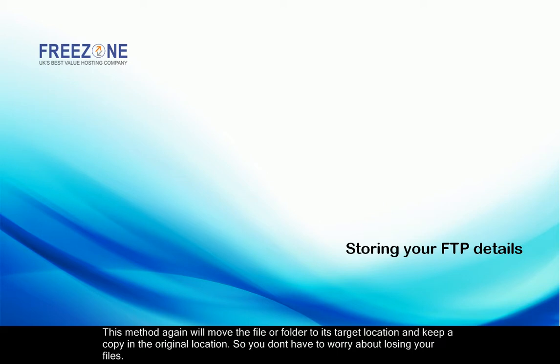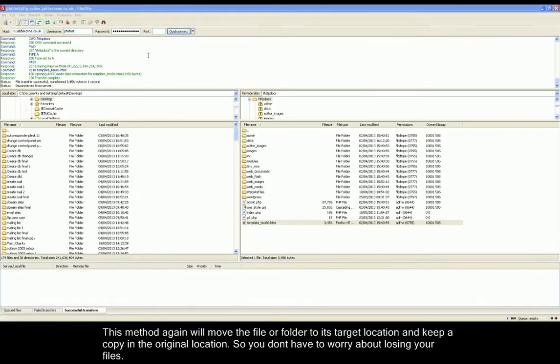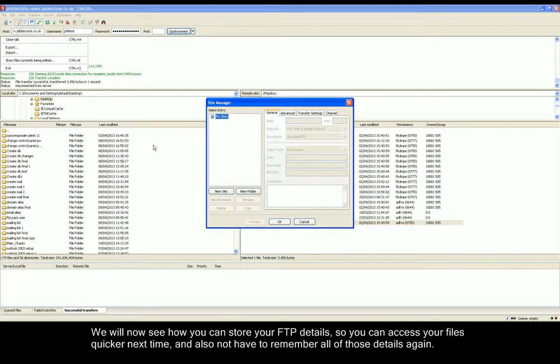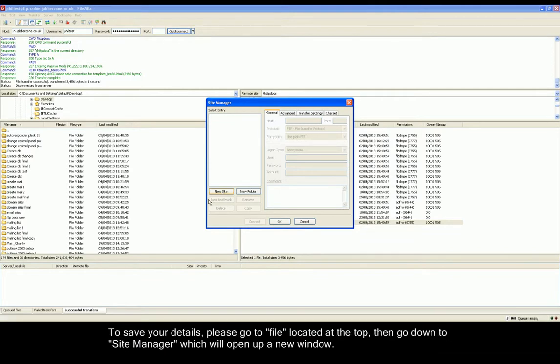We will now see how you can store your FTP details on Filezilla. This is useful when you use it a lot. First, you'll need to click on File at the top left, and then go down to Site Manager. This will open up a new window. Inside this new window at the bottom left, you should see a button saying New Site. Please click on this. It will now open up the options on the right hand side and also prompt you